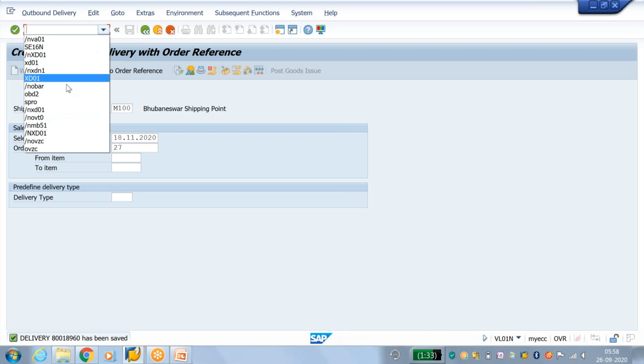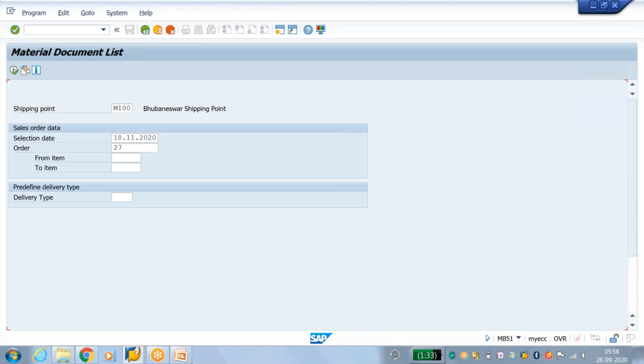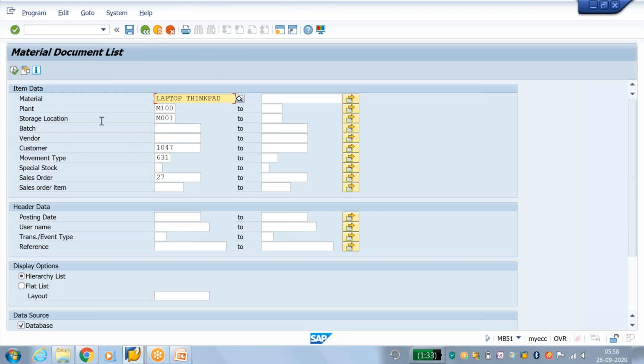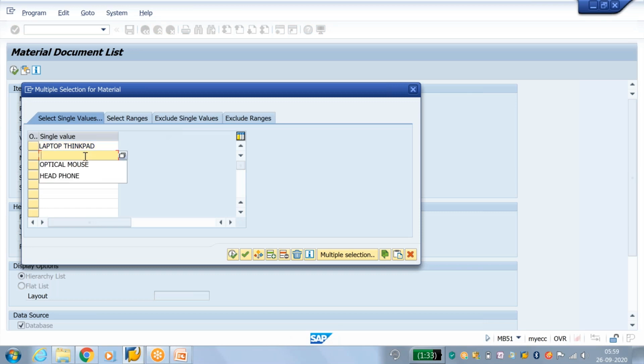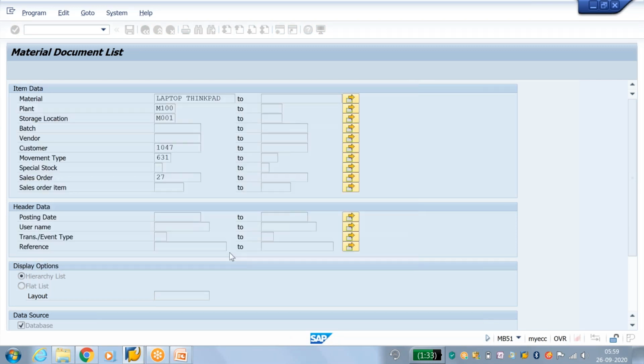You just go to MB51. Here enter customer number, then pass material code, optical mouse, headphone, execute.